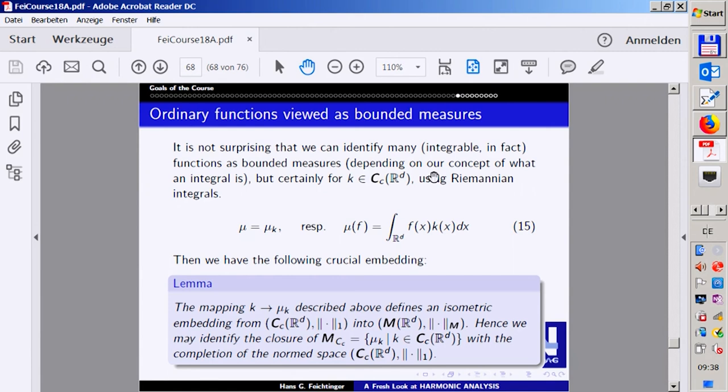And it's also commuting with all the things that we are interested in. You can say, well, what happens if I take the function and shift it first and then turn it into a measure, or I make a measure and then move the measure? Is it the same? I would say yes,